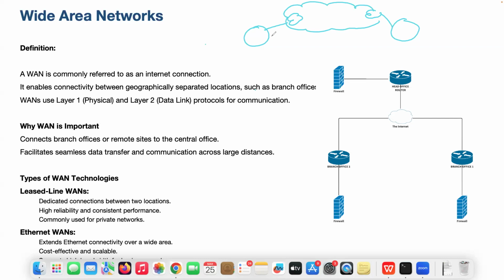Second way, if I don't want to spend so much money, think about internet. How much are you paying for 100 Mbps? Maybe I am paying like 700 rupees. But if I have hundreds of computers here and 100 computers here, is 100 Mbps fine?